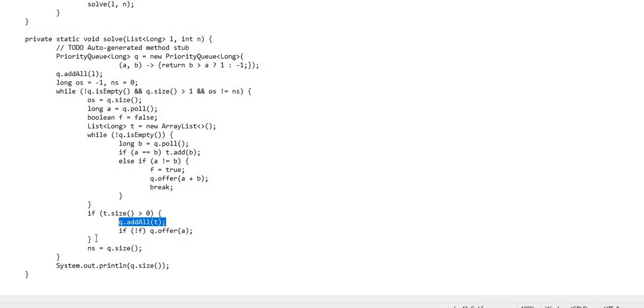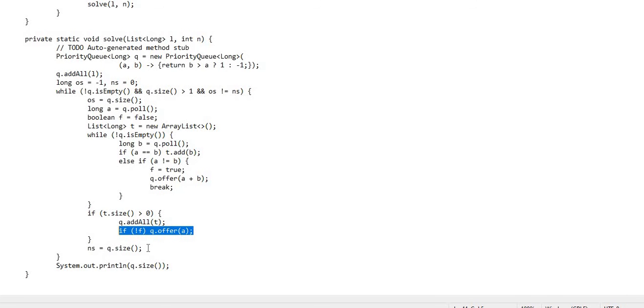But the size has to be 2 in this case, because we have only similar elements. That's why I am mentioning this flag: if I encounter an element where I can find the distinct value, it should not go inside this if condition, so I don't need to add that element back into my queue. If it is not the case, then I have to add that element in my queue.